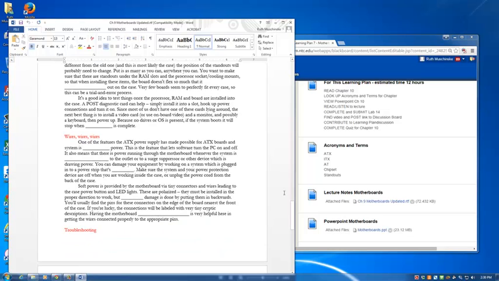One of the features the ATX power supply has made possible for ATX boards and systems is soft power. This is the feature that lets software turn the PC on and off. It also means that there is no power running through the motherboard whenever the system is on. It also means that there is power running through the motherboard whenever the system is plugged into the outlet or a surge suppressor or other device which is drawing power. Make sure the system